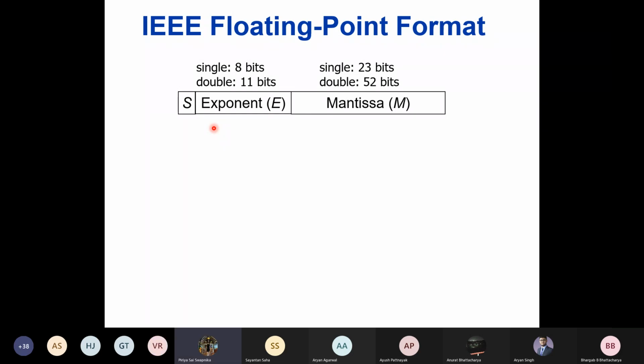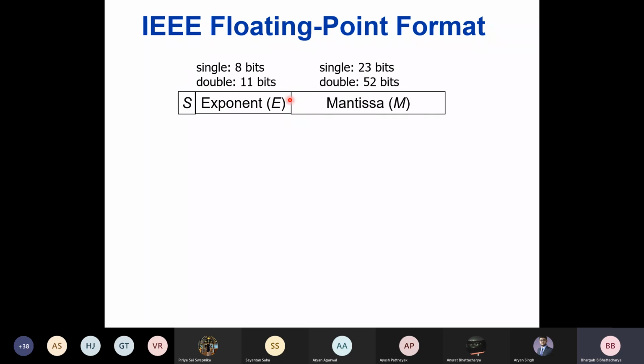So the mantissa holds the main digits and exponent defines where the decimal point should be placed. But in general terms, what I'm saying is, if the exponent is low or high, what does it signify? And when the mantissa is small or large, what does it signify? Because see, this boundary is defined by the committee, right? So you have the sign bit and then 31 bits are left here, right? Out of that, we have said that exponent would take 8 bits and mantissa would take 23 bits.